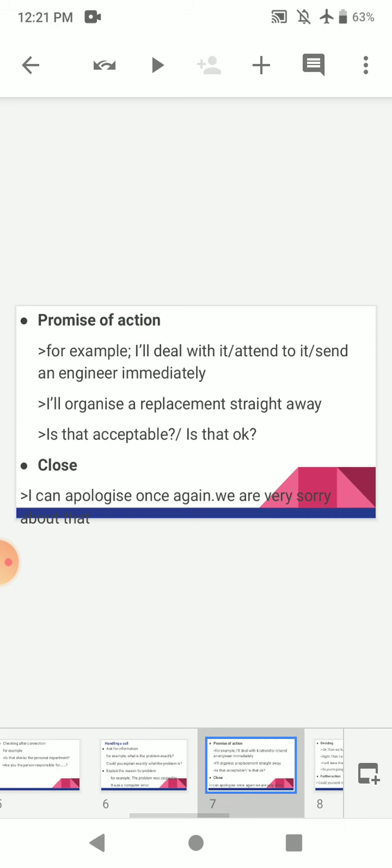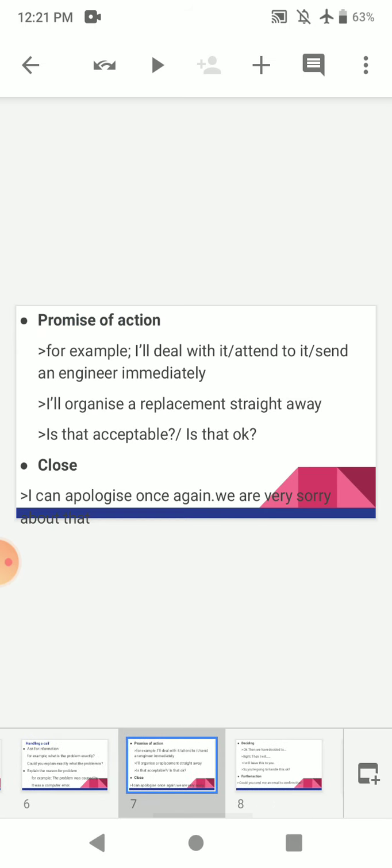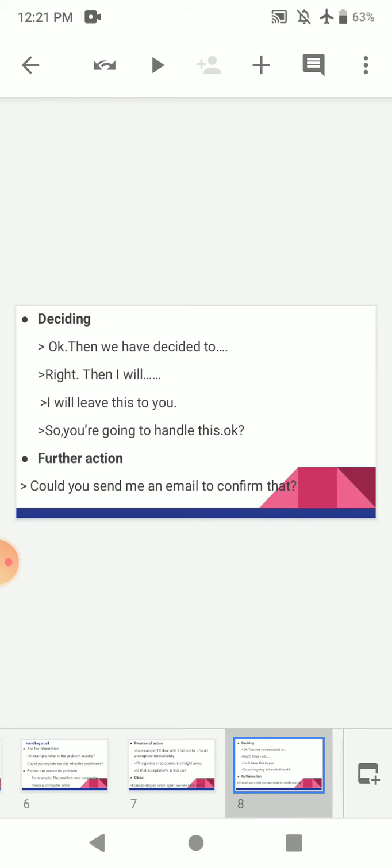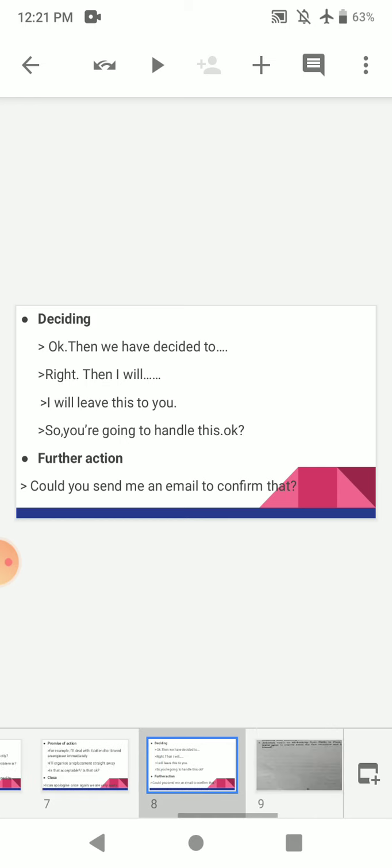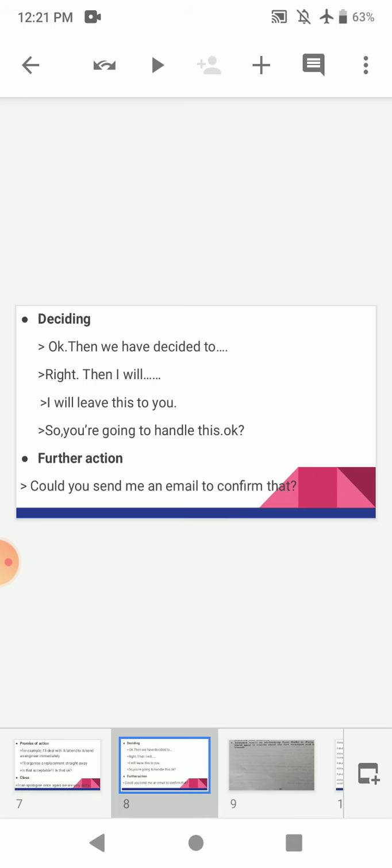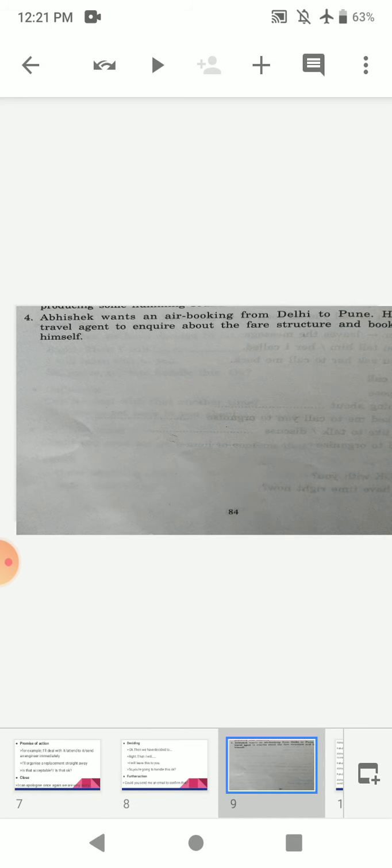Maybe my student will say, ma'am, I was not having a smartphone, ma'am, there was some network issue. Then we will close the conversation accordingly, sorry ma'am. And the promise of action, ma'am, I will surely attend my classes from tomorrow onwards, this is my promise. Then I will say, okay, if you do not attend your classes, I will call you again, or something like that. I will close my conversation accordingly. Okay, fine. There is one more example.